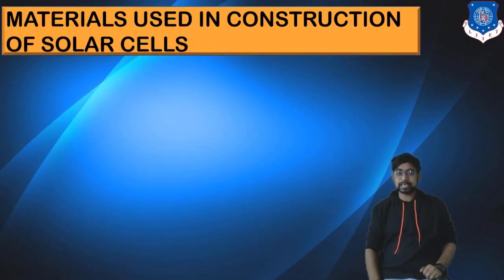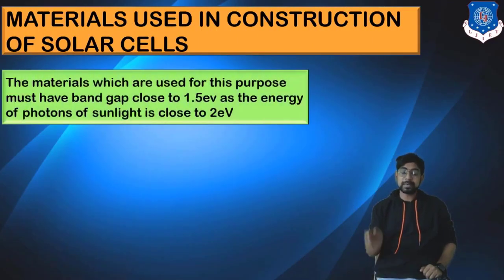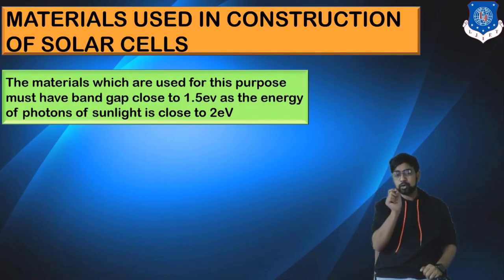Now, the materials that are used in the construction of the solar cell are chosen so that the band gap is close to 1.5 electron volts, as the energy of the photon of the sunlight we usually get. Whatever light is coming from the sun, that light is made of photons. What is a photon? A photon is the smallest packet of light, with energy almost equivalent to 2